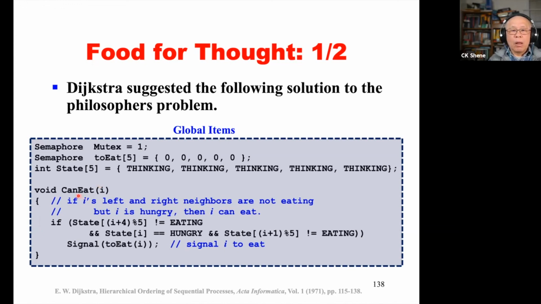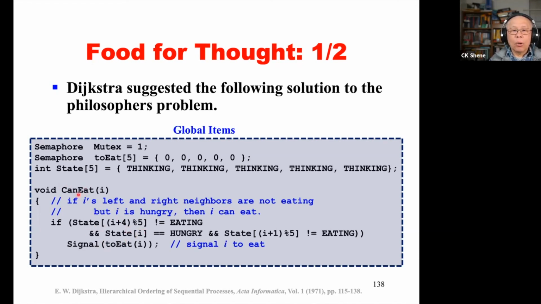So this function can eat simply goes as follows. It takes a philosopher number. If his left neighbor is not eating, his right neighbor is not eating, but philosopher i is hungry, then philosopher i can eat. We don't know which philosopher calls can eat, okay? So we can just say inside this function can eat, if it finds out philosopher i can eat,